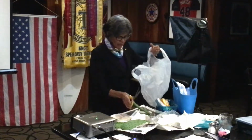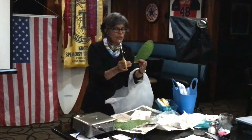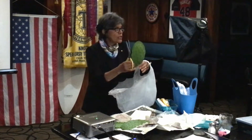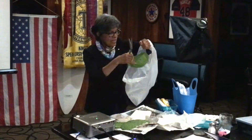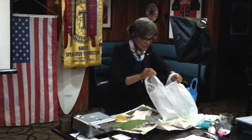Cut it right at the bottom, the base, and try to not touch it if you have to, but if you do, go ahead like this. But if you don't have to touch it, and you can just get it and slice it, try to get it right into the bag, okay? Then,